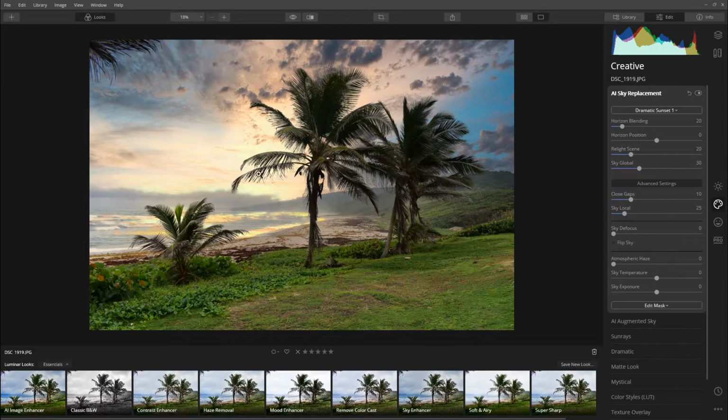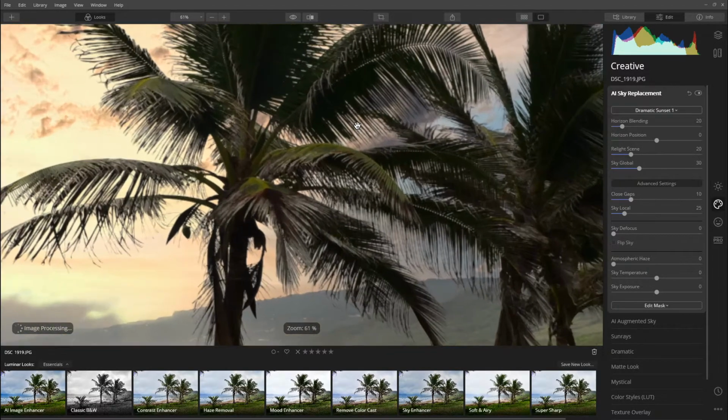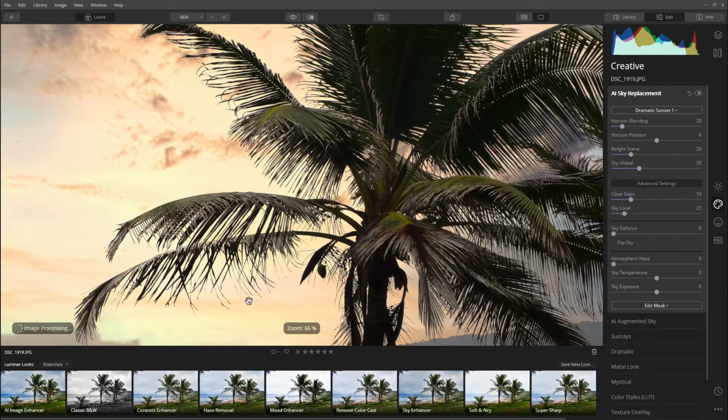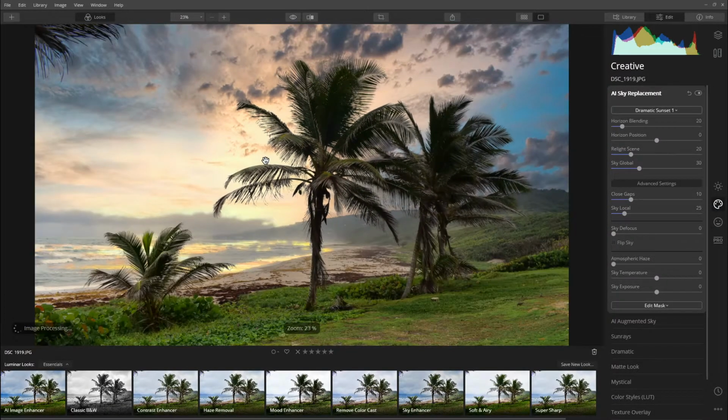But the other thing is it's reflected a lot of the sky into the ocean as well, so it really does understand the context of the photographs. And the third thing I just want to bring out is really the quality of the masking. So this is a really complicated image because it's got lots of very fine detail to mask out. And with no zoom, you can see that it's managed to pick out the fronds of the palm leaves and put in the sky. But if we zoom in and just let it settle just for a second, you can just see the quality of the masking that it's used to take out the original sky and pop in this